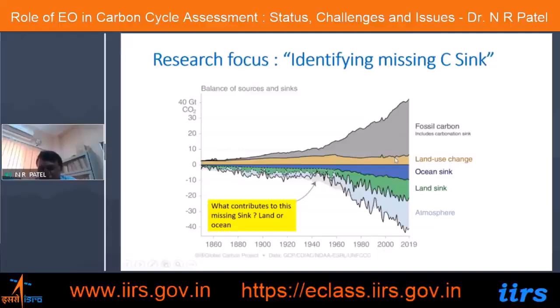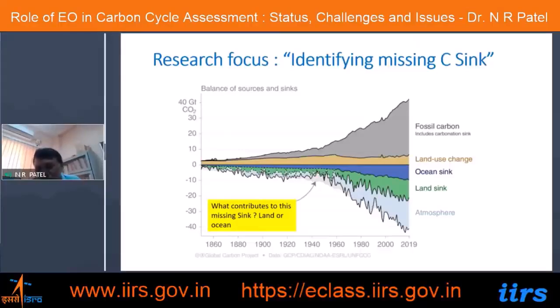They are mainly the sources of carbon, and then the ocean is a sink of carbon. It is storing the carbon from the atmosphere. Land is also storing the carbon from the atmosphere. Then finally, whatever imbalance there is between these, that will be stored in the atmosphere as atmospheric carbon. If the balance is not there between the two sinks and the two sources, then whatever is left is added to the atmosphere as an atmospheric carbon pool, and it will give rise to rising